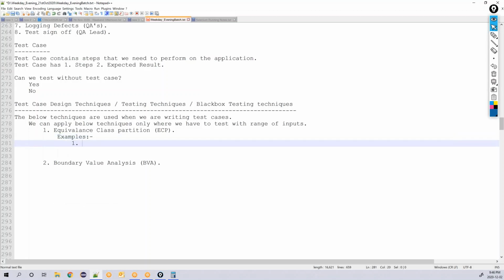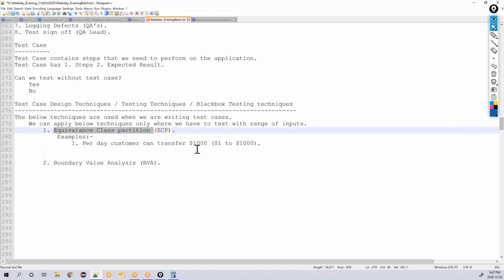The first example is, per day a customer can transfer $1,000. What I mean by $1,000 is he can transfer somewhere from $1 to $1,000. We can apply equivalence class partition or boundary value analysis for this.